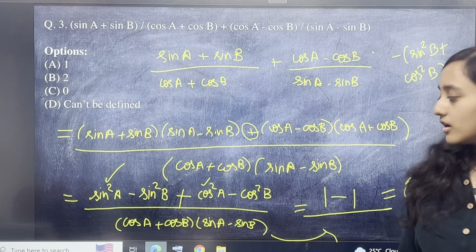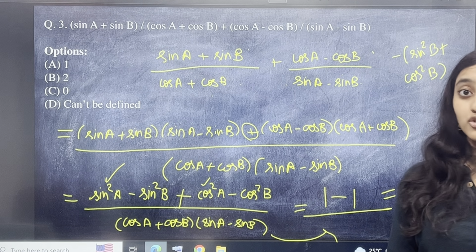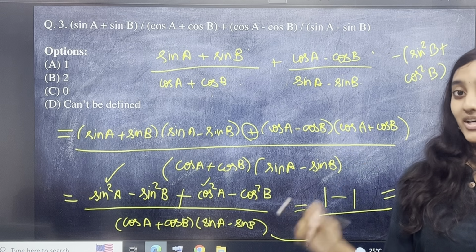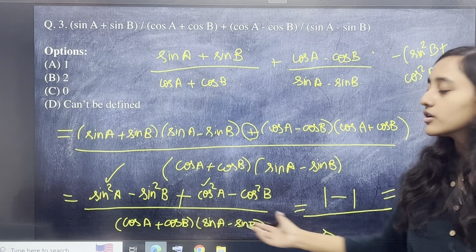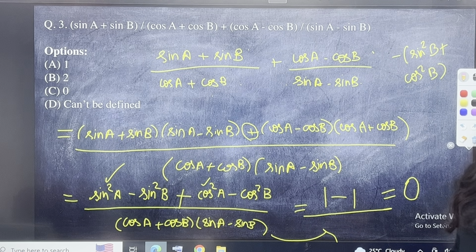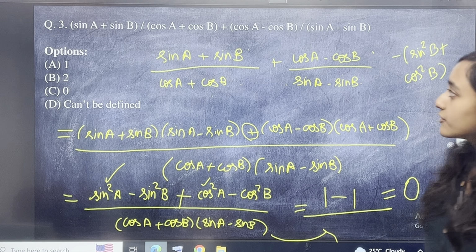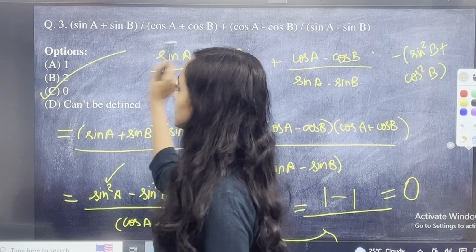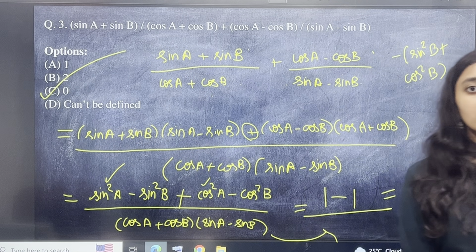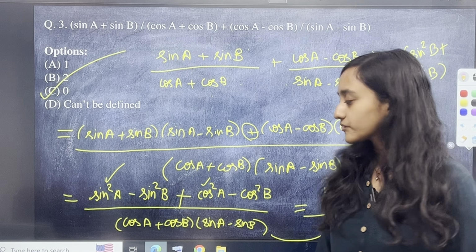So now you should not get anda, you should get 1 followed by 2 andas. So 1 minus 1 is 0. कुछ भी हो डिनोमिनेटर में, न्यूमरेटर में 0 है तो आंसर तो 0 होगा. So therefore the answer to this बड़ा सा question is option C, 0. I want you guys to tell me if you got this question right.